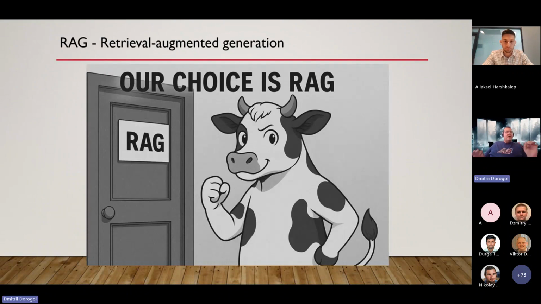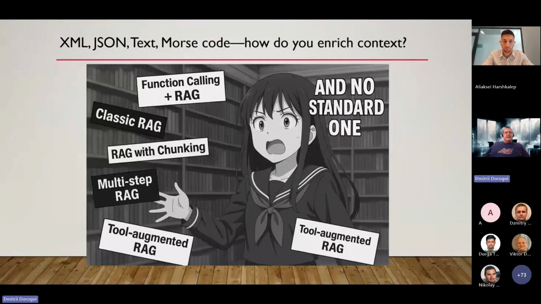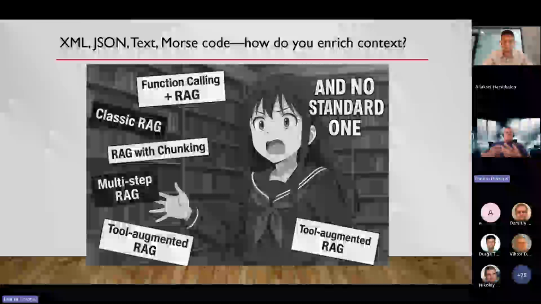So our choice is retrieval augmented generation. So what is it, and how can we get additional information? Actually, this is a problem, and this is why